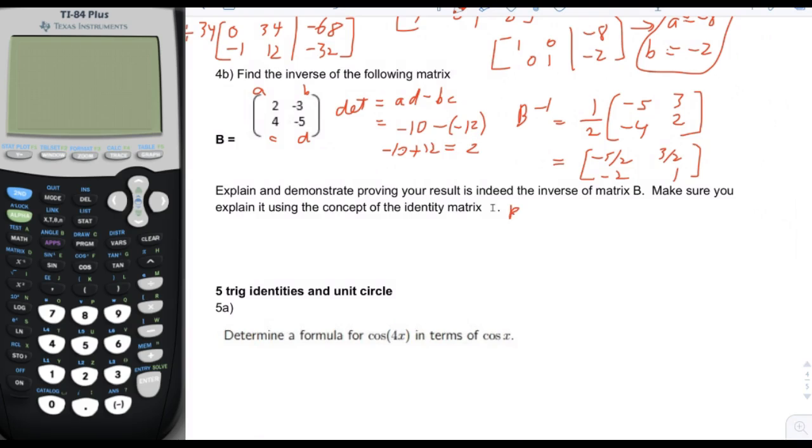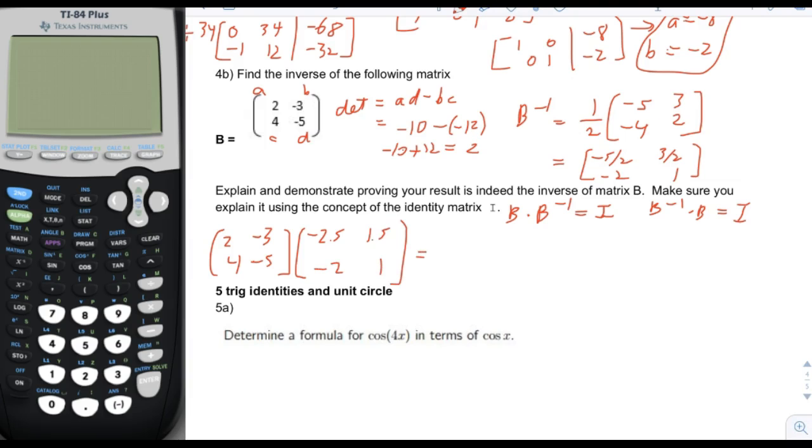Okay, so basically, if we can show that B times its inverse is equal to I, and B inverse times B is also equal to I, then we know that they're inverses. Okay, so let's try to do that. So we're going to have the original matrix 2, -3, 4, -5, and we're going to multiply that times this, which is -2.5, 1.5, -2, and 1. Okay, if we multiply those together, we're going to get,